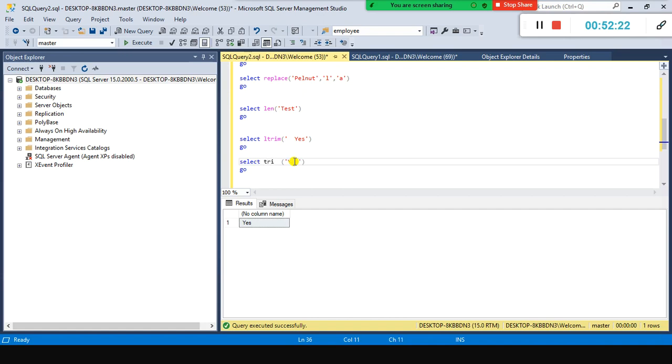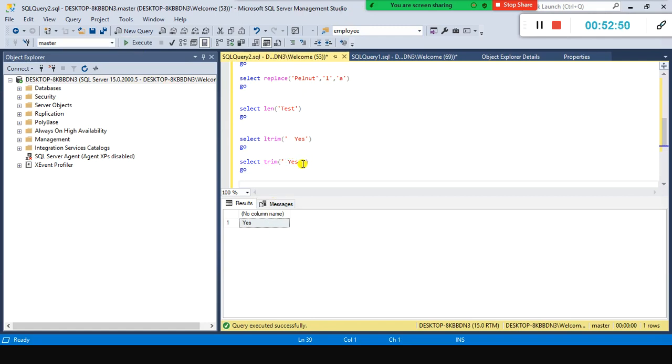Let's use TRIM. It is available here, so you can better use TRIM. TRIM removes both the leading and trailing blank spaces. Look here, it removed the blank spaces just before and after. And RTRIM is also available.